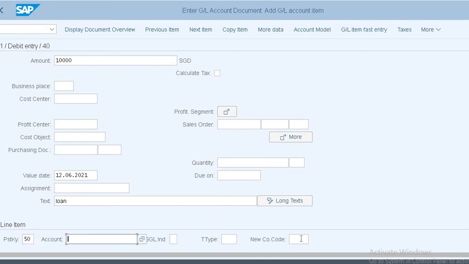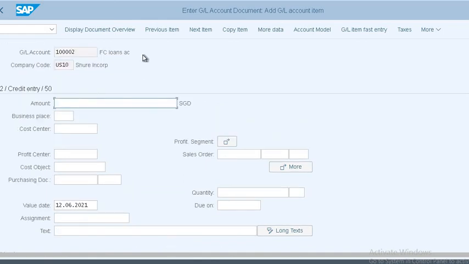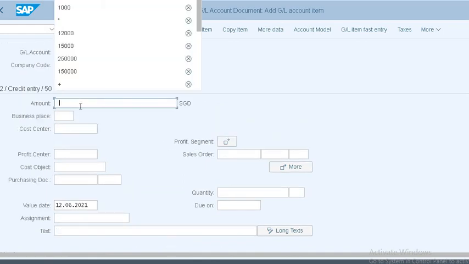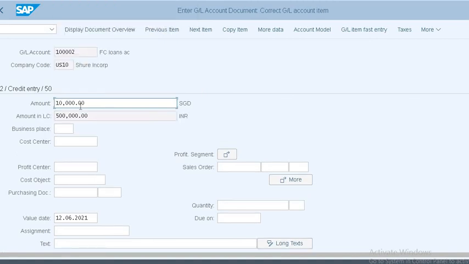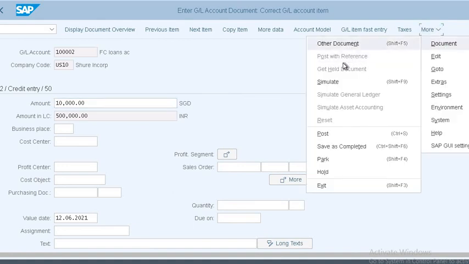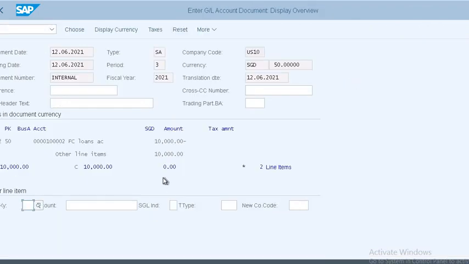Then what is the GL account? Okay, now it is converting. Have you observed? Okay, now go to document, simulate. Okay, simulation is done.